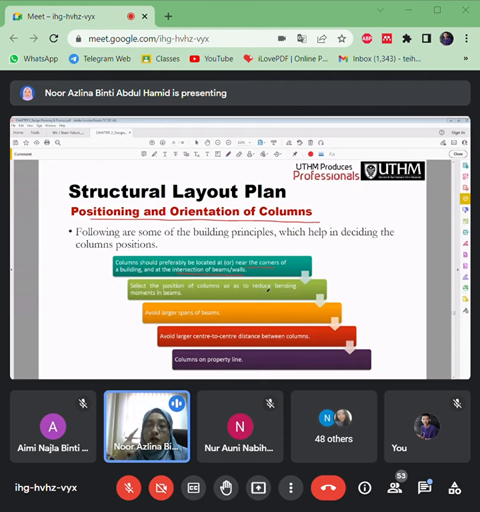Once we reduce the bendings, that means we can use just a few numbers of bar, kan? Kalau banyak sangat reinforcements in the concrete, it also will affect during the concreting works, kan? You can imagine, it's too crowded, too many reinforcement in the concrete.